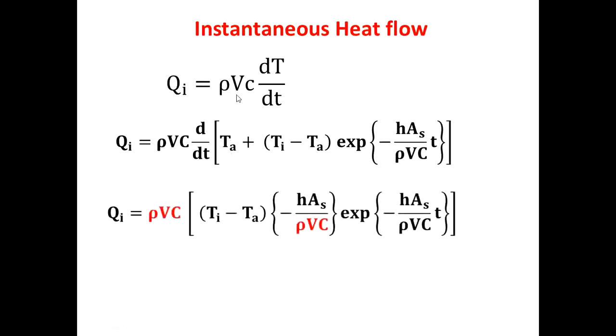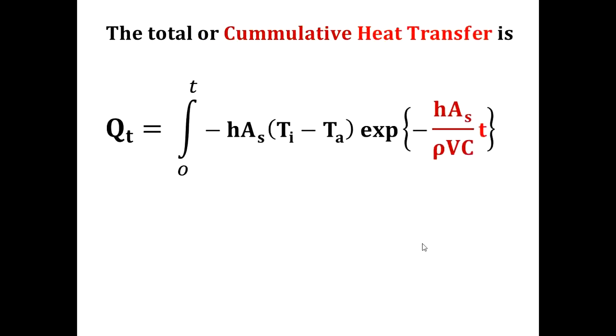Then you know this equation, which we already wrote; you put the same thing in this equation and get this equation. After simplification, that means differentiation, this will become 0 and this is a constant. Now differentiate with respect to total cumulative heat transfer. That means from time 0, when it starts from the temperature Ti, to reach the temperature T, whatever time is required is the time. And the total amount of heat energy transferred from that particular point to here is so called the cumulative heat transfer or total heat transfer.